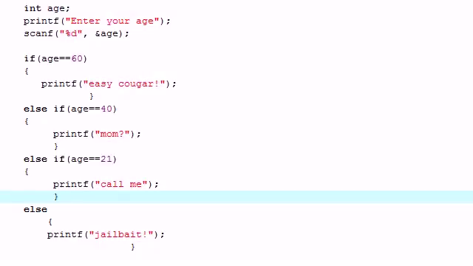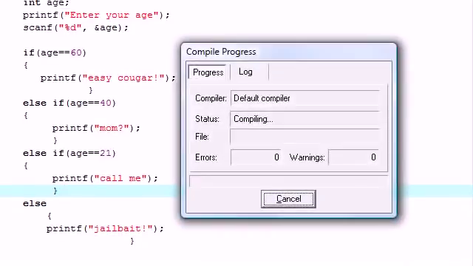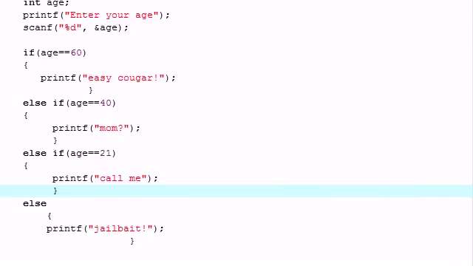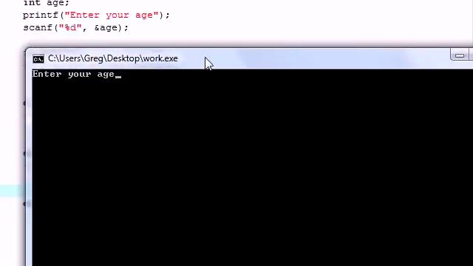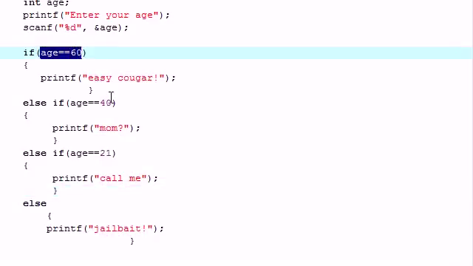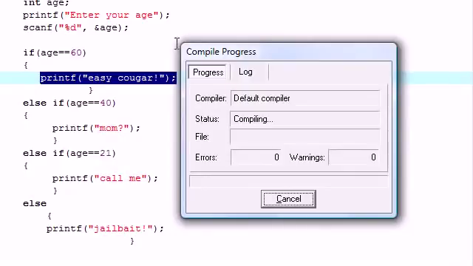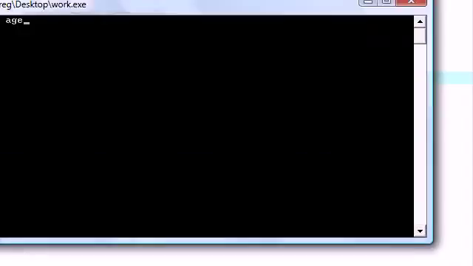Alright, so again, let me run this program and let me show you guys what this does, and then I'll talk you through it one more time. Hopefully I didn't forget any semicolons or anything like that. Doesn't look like it. Enter your age. So the person enters 60, press enter, easy cougar, and that's because the age was exactly equal to 60, so it printed easy cougar. And let me run this one more time and show you guys what it does if none of these values are entered. So enter age,